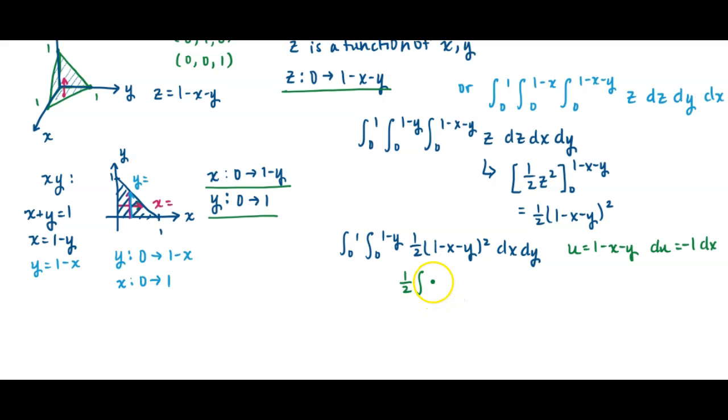So I can rewrite this inner integral as, let me pull the 1/2 out to the front, times the integral of u squared du, and I'll pull this negative out to the front as well. Well, this is going to give us -1/2 times 1/3 u cubed. Rewriting this back in terms of x, this gives us -1/6 times (1 minus x minus y) cubed. And we're taking that from 0 to 1 minus y,